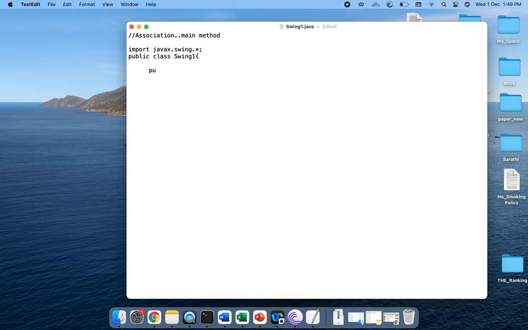So main method is public static void main, then string arguments. And now within this main method we will actually write down the code for our frame as well as